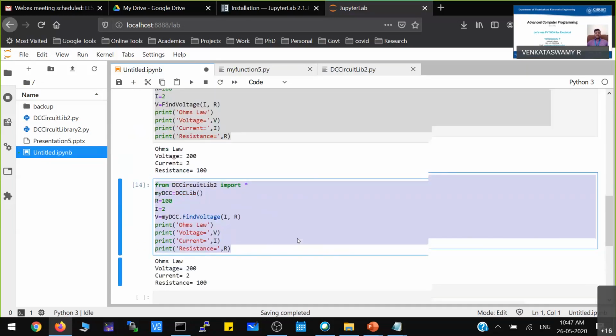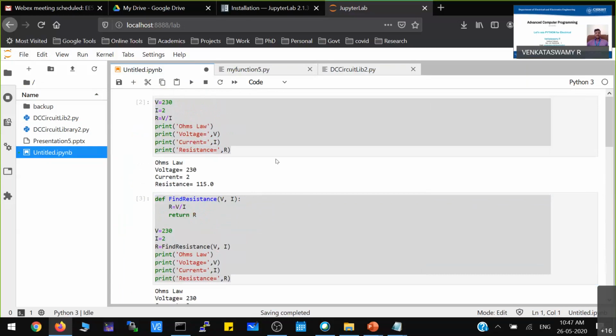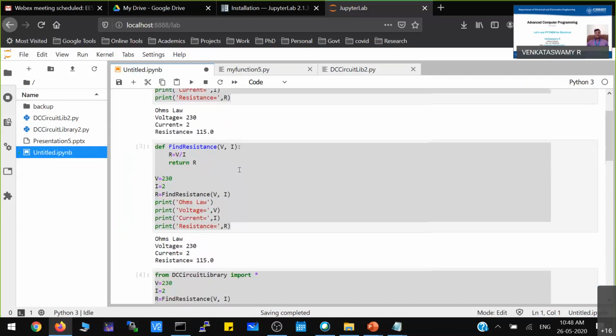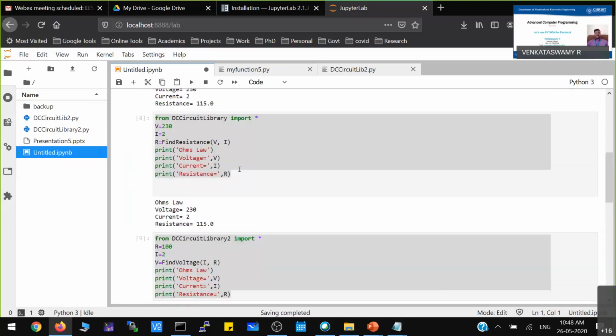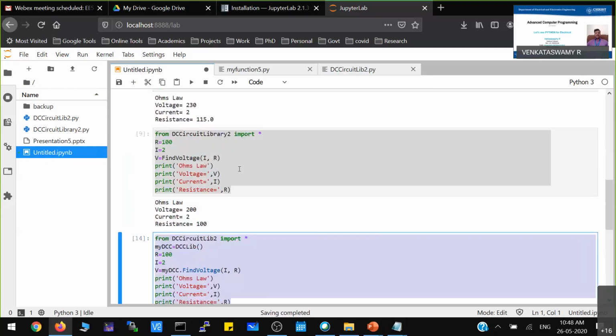So let me summarize what we have done today. We started with a simple sequential program, and then we started adding functions. Then we kept that particular function outside the file we are working on, and then we imported those functions. Then we added more functions.